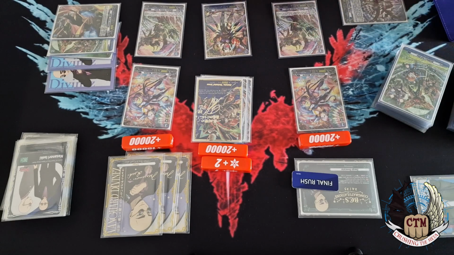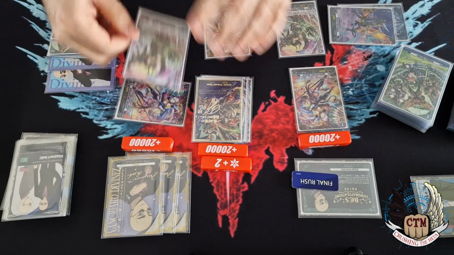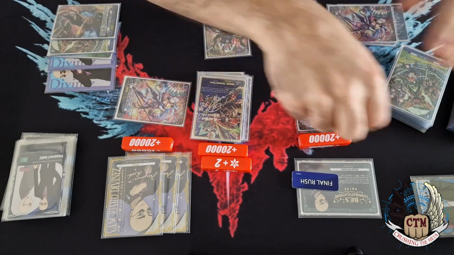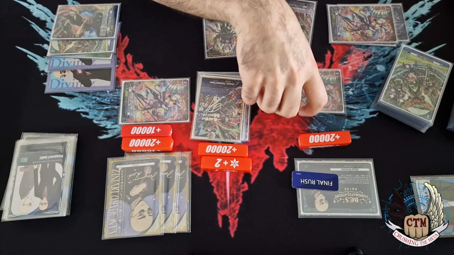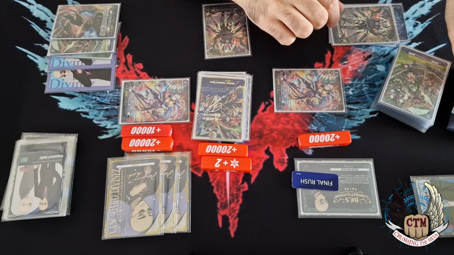Now in our hand we have a Slicer and a PG. She will attack, he goes to soul, you draw one, you soul charge one. No, not the heals. Plus 10 makes 33, 43. Another attack, this goes to soul, you draw one, soul charge one,